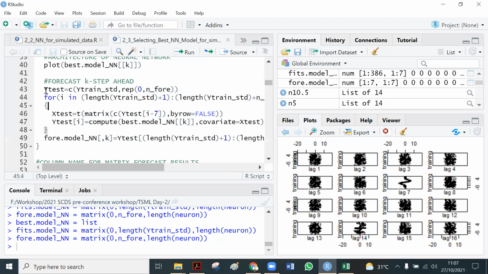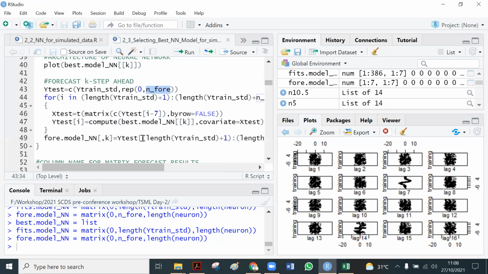Yeah. So actually we copy the standardized data, and then we add the number of horizons we want to forecast. This is 7.